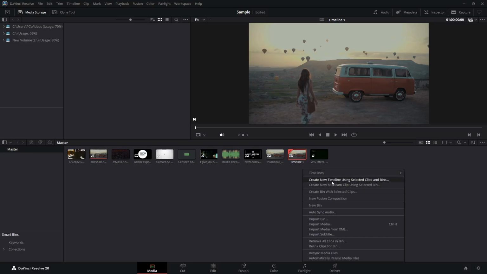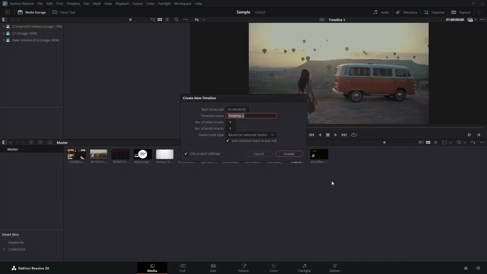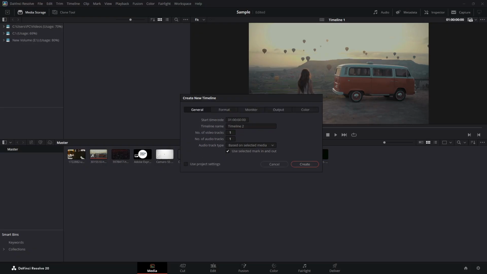This option lets you recreate your timeline with different settings while keeping all your existing clips intact, which saves you from having to rebuild everything from scratch. A dialog box will pop up with several options. Here's where the magic happens. First, uncheck the box that says Use Project Settings. This is crucial because it allows you to customize the frame rate specifically for this timeline without affecting your entire